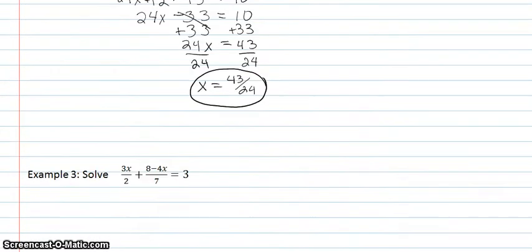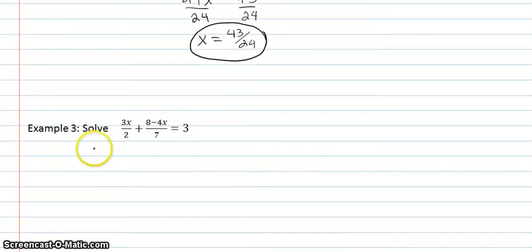Alright, our last example for the fractional equations is another one that has a binomial in the numerator, but we're still going to use that same process. We're going to find our common denominator. In this case, between 2 and 7, it's 14. So I'm going to multiply everything by 14. Now, I'm going to reduce first. So this is going to be just 7. So 7 times 3x is 21x. And then here 14 divided by 7 is 2. So I'm going to take that 2